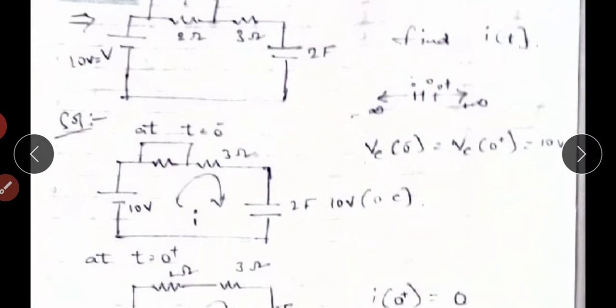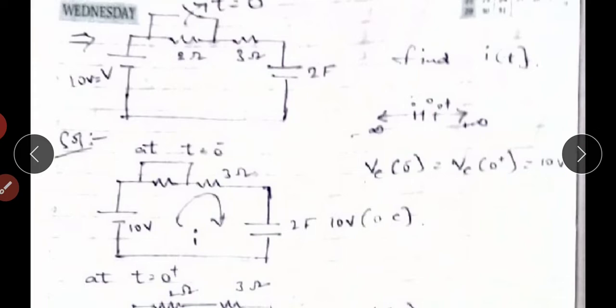So this is the circuit at t equals 0-. The switch in closed position acts as a short circuit. Here the switch is connected across the 2 ohm resistor, so this branch's equivalent resistance equals 0. Here, the voltage across the capacitor. Generally, after connecting the supply, the capacitor acts as a short circuit, and after a long time it acts as an open circuit. In that case, the voltage across the capacitor equals the supply voltage.